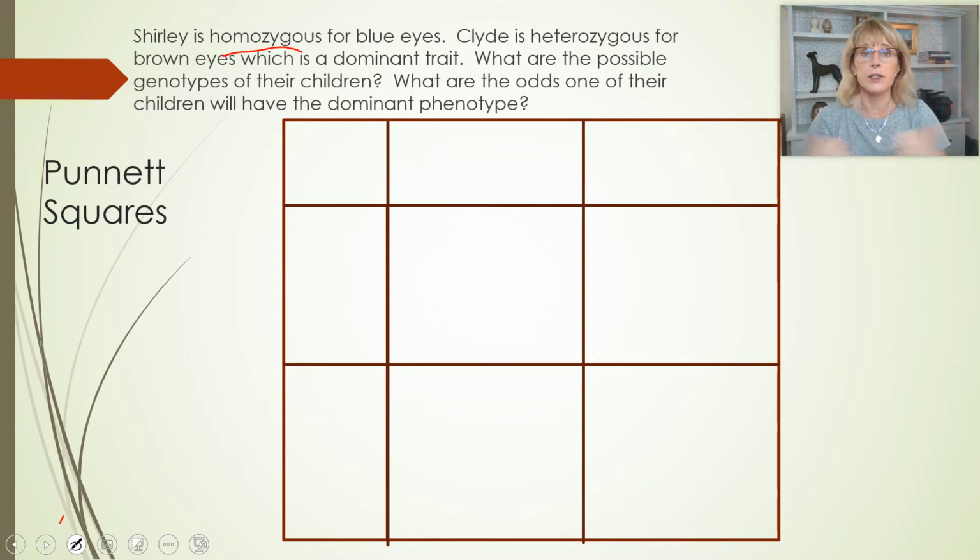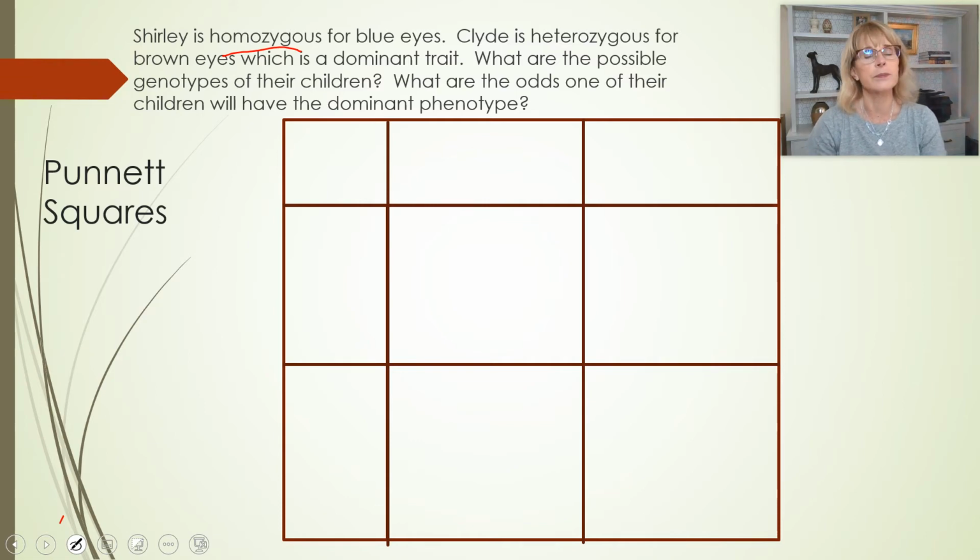So he's heterozygous. Now, it also tells us that brown eyes is the dominant trait. So in the case of this eye color hypothesis, eye color in humans is not exactly this simple, okay? But in this case, this means that Clyde has got 1 allele on 1 of his chromosomes that's broken, can't make brown pigment. But he has another allele, and that other allele allows his cells to go ahead and make brown pigment, so